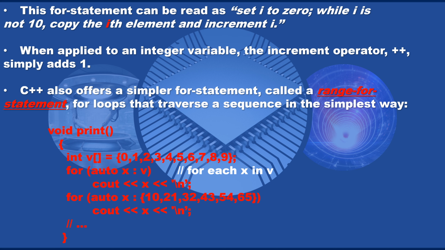int v[]={0,1,2,3,4,5,6,7,8,9}; for (auto x : v) // for each x in v cout << x << '\n'; for (auto x : {10,21,32,43,54,65}) cout << x << '\n'; // and so on }